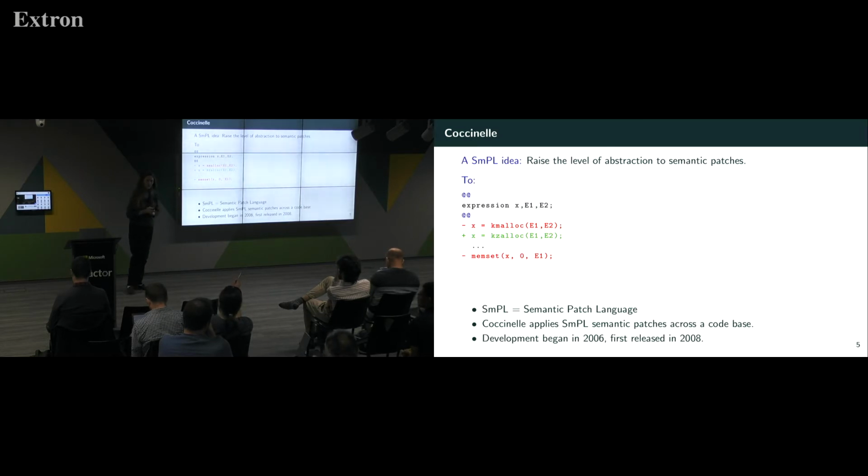Yeah. Okay, thank you. Yes? That sort of would have been my question as well. This still looks very syntactic, right? A classic patch is purely syntactic. This still looks very syntactic. It just looks like a parameterized patch, but actually it knows something of the underlying language semantics. You were talking about control flow just now, so it can't apply, say, where that memset is in a different function, and therefore the variable x happens to have the same name but is a different variable, then it wouldn't apply. Is that correct?